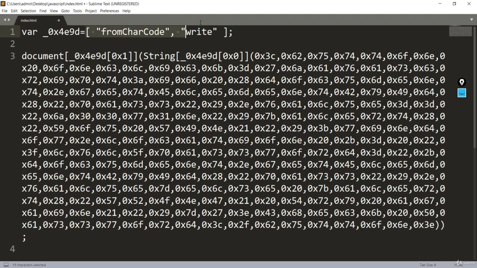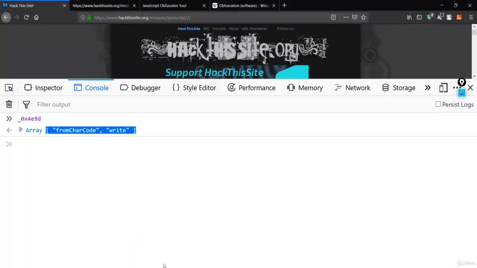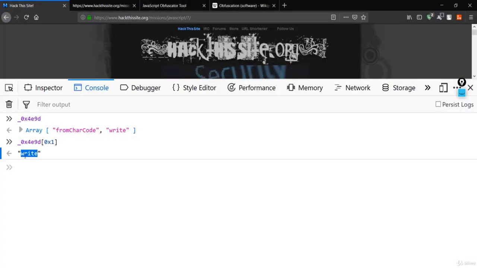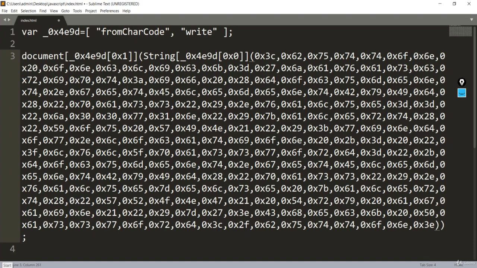So we have got the variable, and if you see over here, this variable has something like this. Let me copy this and go back and see what this is all about. So it is write. That means what we are doing here, let me grab my pen real quick.